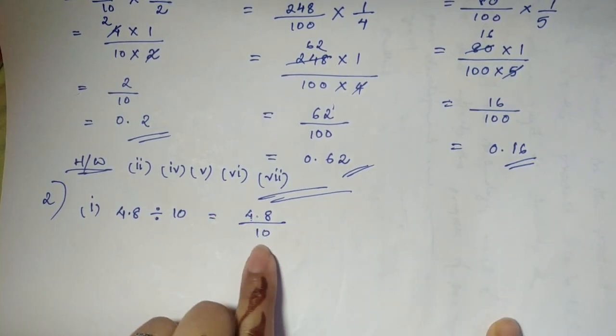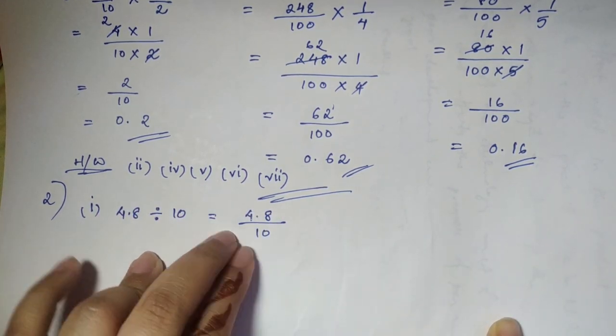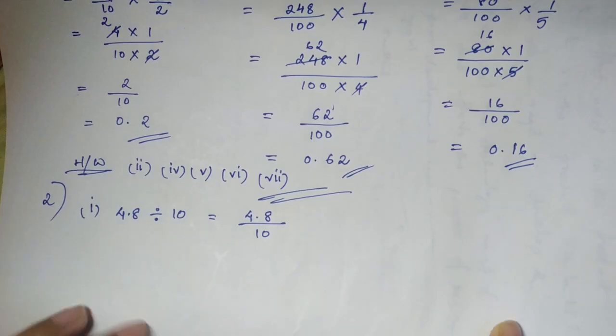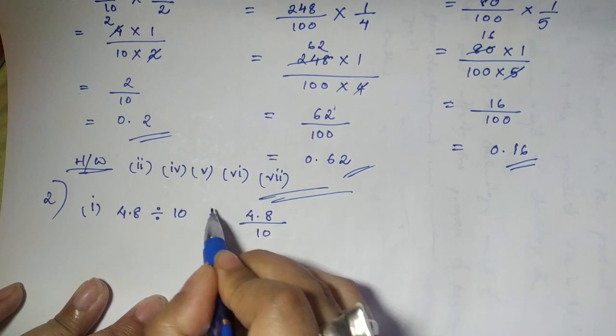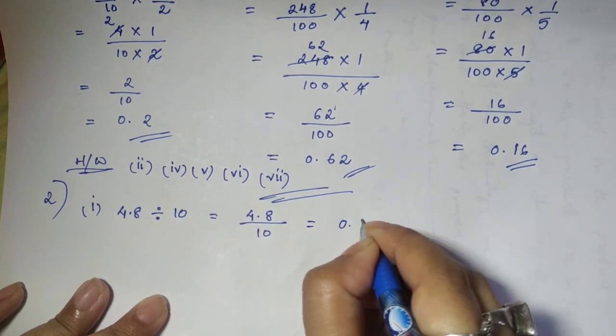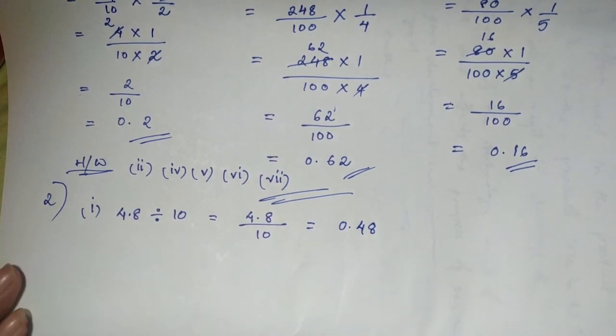When it is division by 10, 100 and 1000, we don't have to calculate. There is one way. See, there it is 1 0 is here. So the decimal point, it will go from this side to how many digits? 1 0, so 1 digit. So the answer will become as 0.48. Okay, in one step you get the answer.